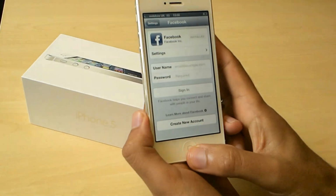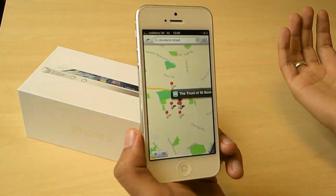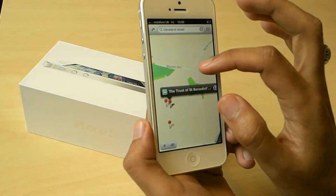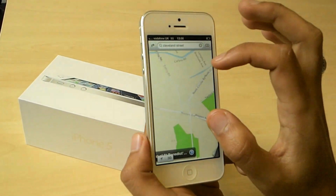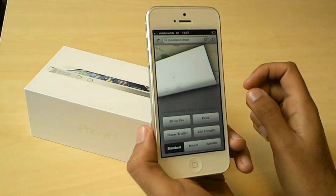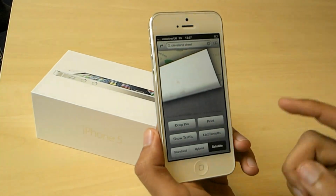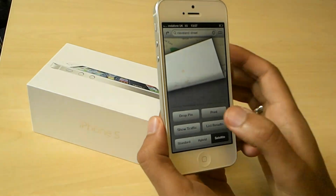So let's have a look at some of the more core features of iOS 6. Of course, Apple Maps, everybody's talking about that at the moment. Here we are. It seems a bit bare. There's been differing opinions on the design. Personally, I find it not as good as Google Maps so far. I've just flicked up the corner there so I can change to satellite view. I can show traffic